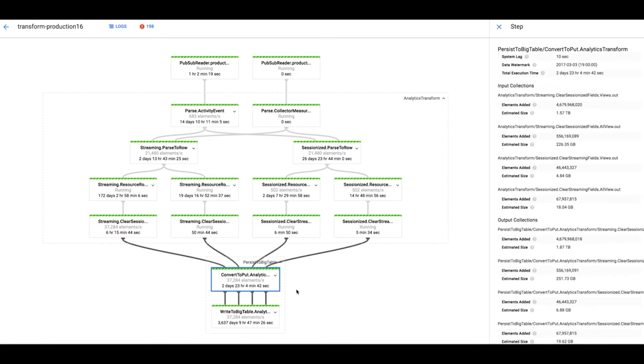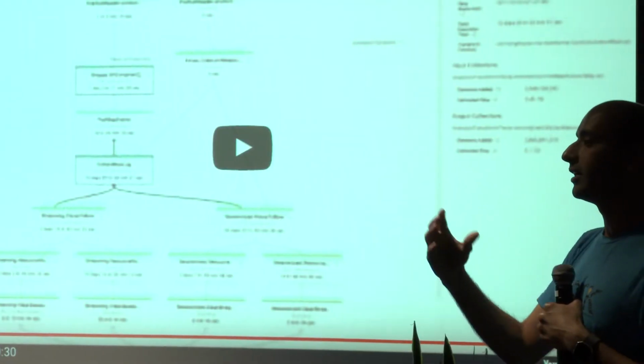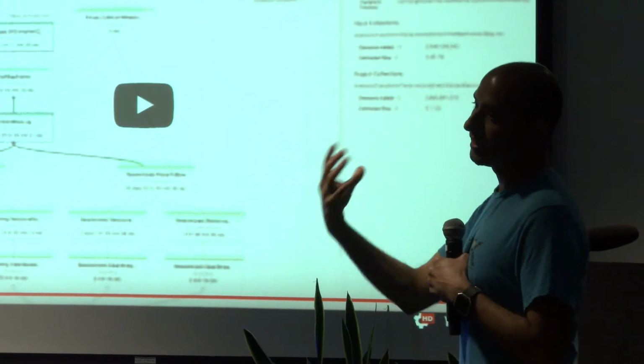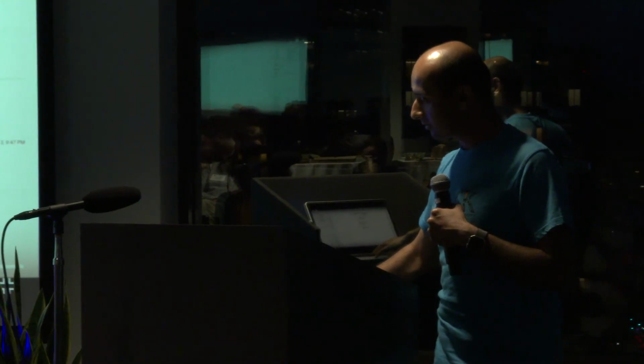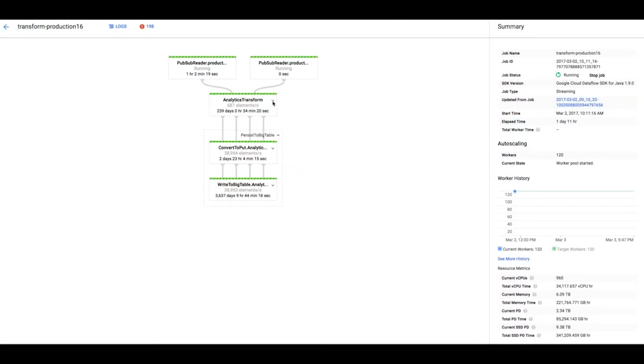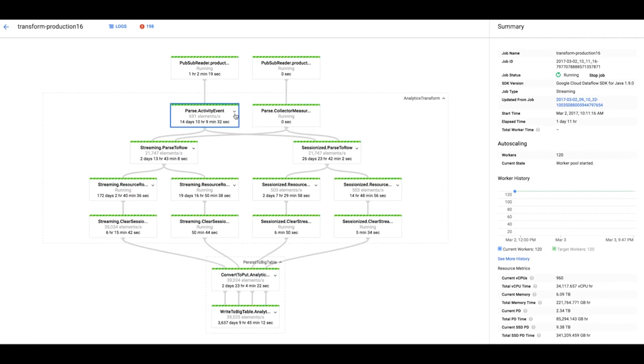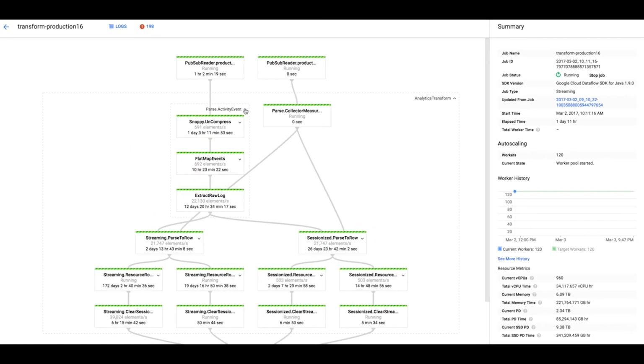The neat thing here is that each of these boxes directly correlates with pieces of code. They are classes by the same name. So when you click on any one of these, it tells you how much time is being spent, like 10 hours of compute time spent in just that piece.